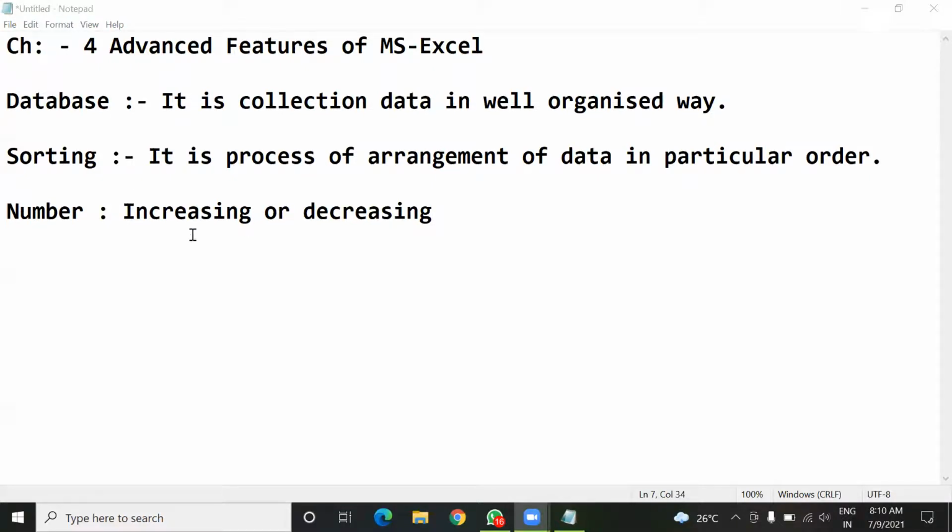Means in the table, if you have number type data, then you can arrange that data in increasing order or decreasing order. If you have text type data, then what will be the proper arrangement criteria? A to Z and Z to A. Either you can arrange that into A to Z or Z to A.